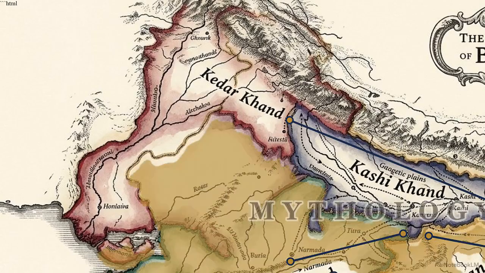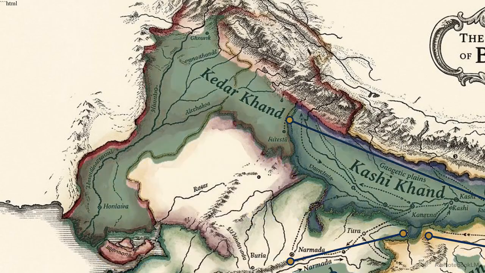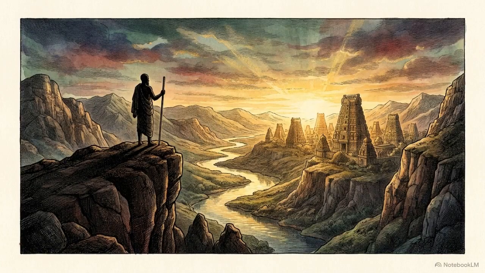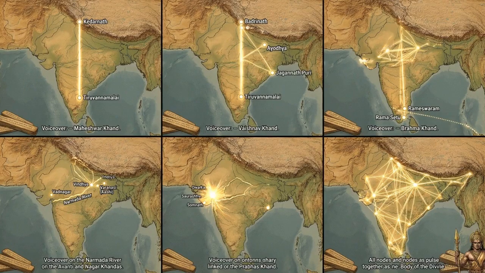While often categorized as a book of myths, its structure identifies it as a Tirtha Mahatmya. It is an encyclopedic geographical travelogue designed to guide the movement of people across the subcontinent. Ancient scholars used these verses as a pedagogical framework to systematically map, label, and sanctify the physical landscape of South Asia. To manage its 81,000 verses, the text employs a macro structure divided into 7 primary sections, or khandas.